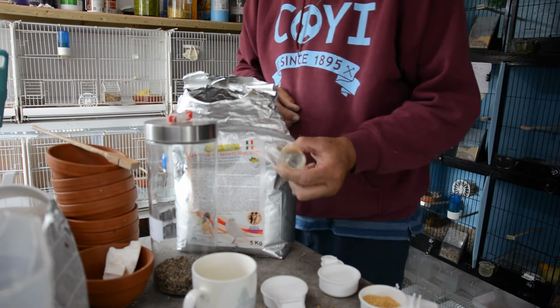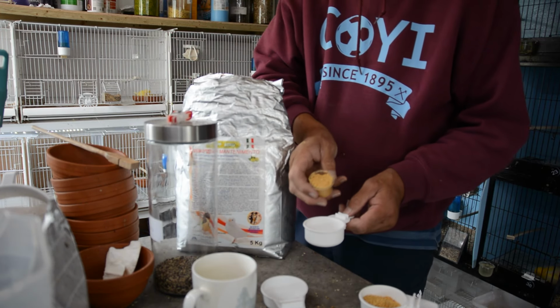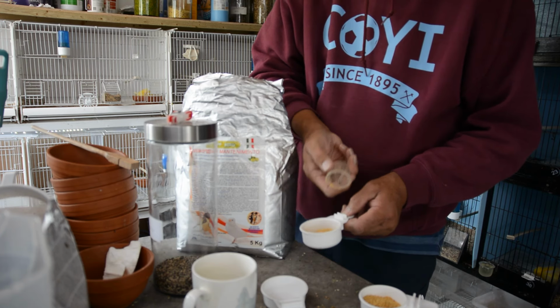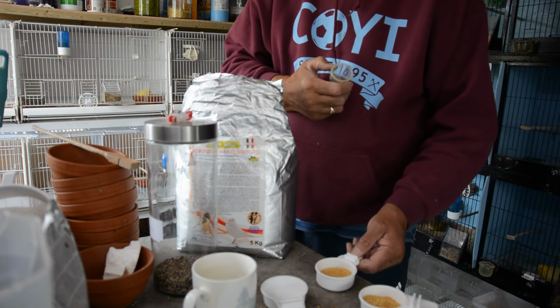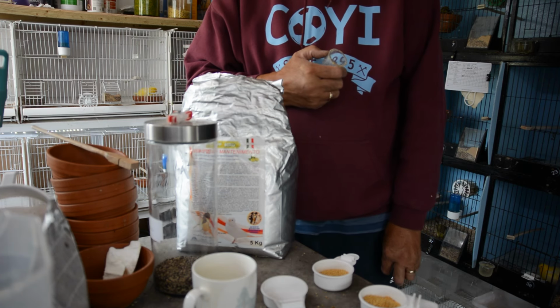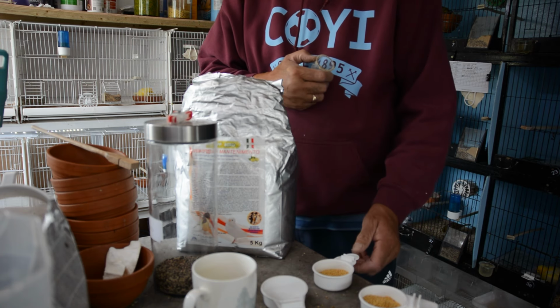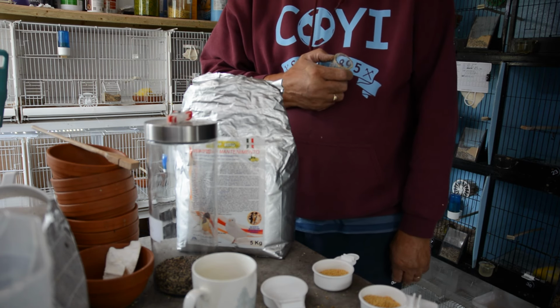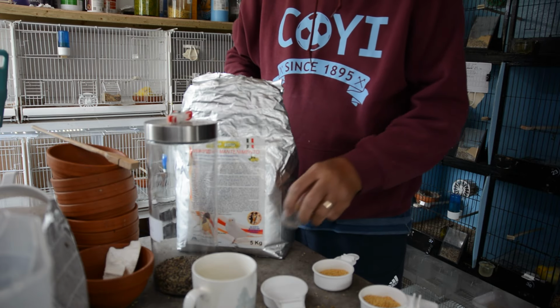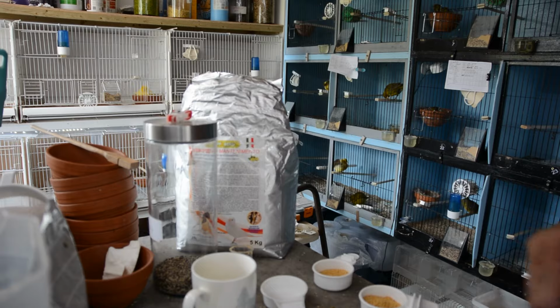So I'll just use one of my show cage drinkers at the moment, and what I'm doing is giving all of the youngsters some of this maintenance. As they started to molt now, some of them I'm going to probably have 2 different feeds on the go. So those birds that have started to molt, I'll start giving them some of the UnikoFeed molt. So quick close up,